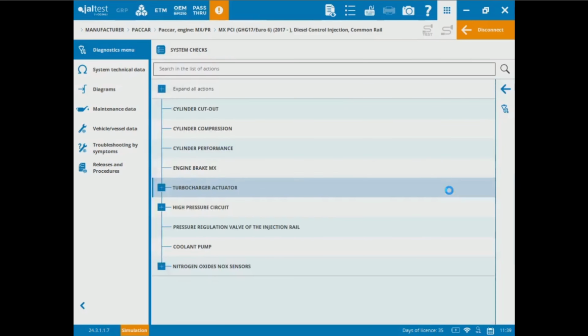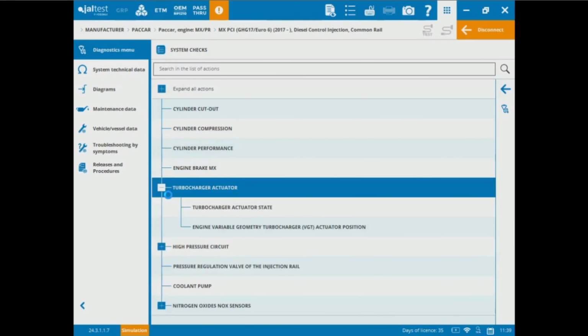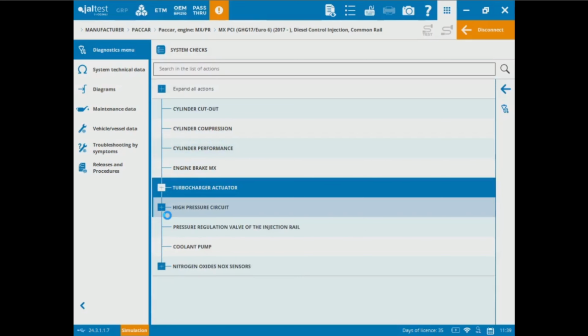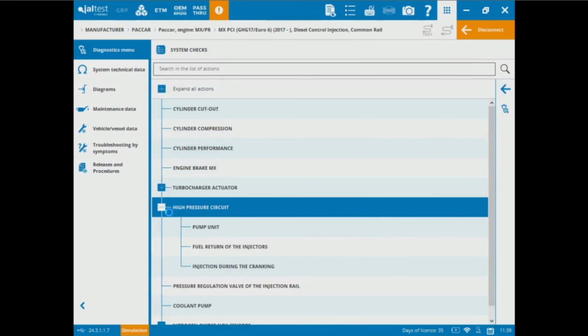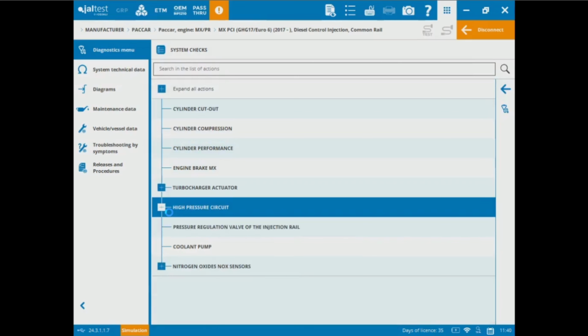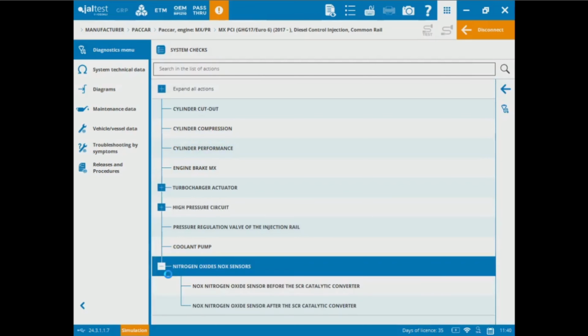the components. More complex tests such as system checks, cylinder cutouts, compression tests, cylinder performance, the engine brake with the turbocharger actuator. We can check the state and also the actuator position on the high pressure circuit. We can just do system checks on the pump unit, on the return of the injections, and the injection test during the cranking. Pressure regulation valve of the injection rail, coolant pump, and I can even actuate the NOx sensors,